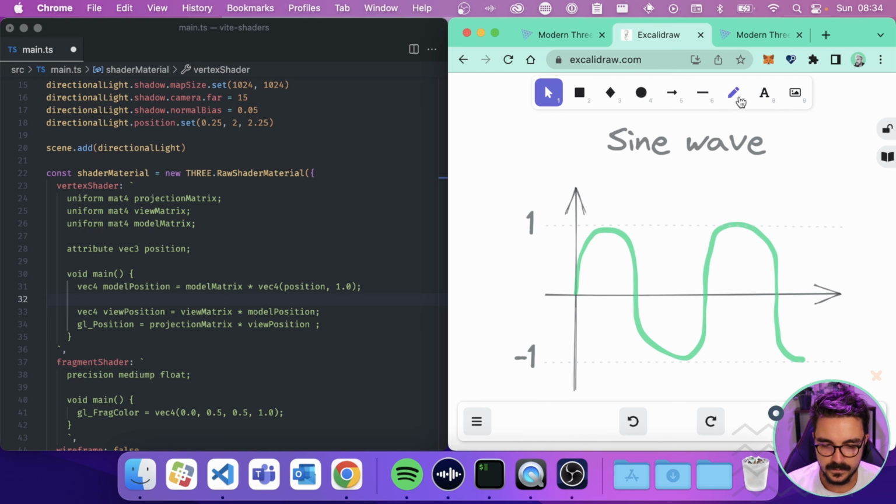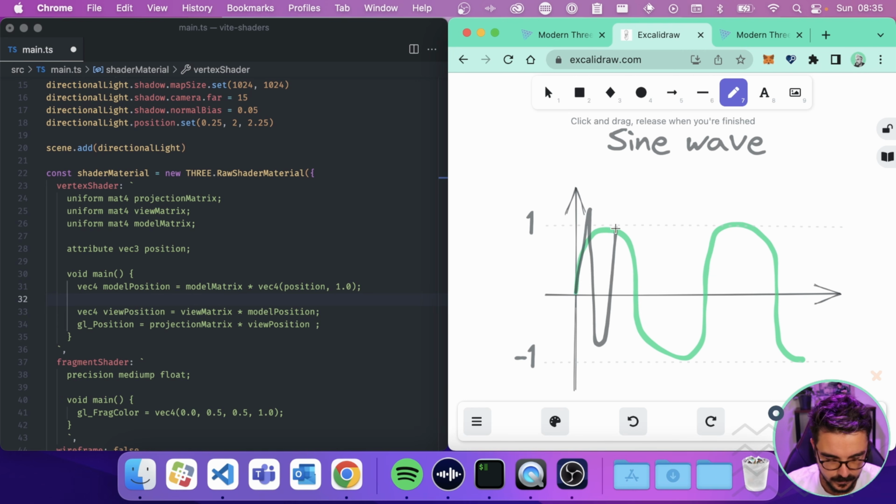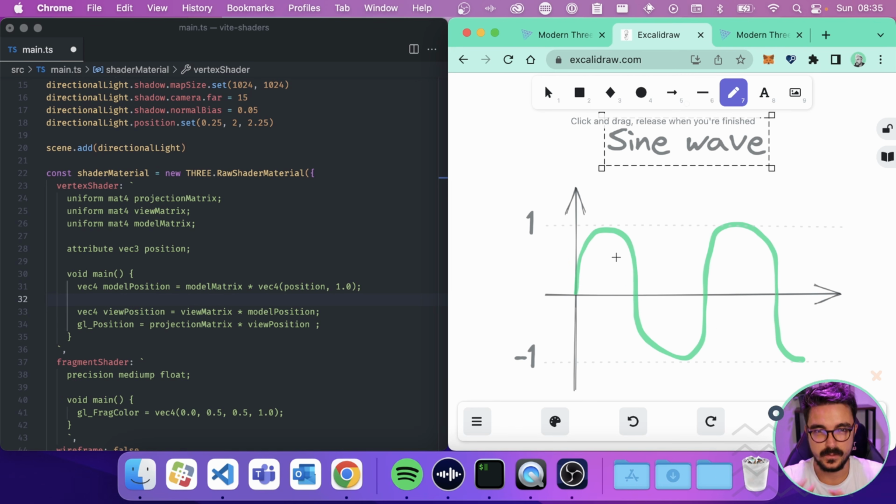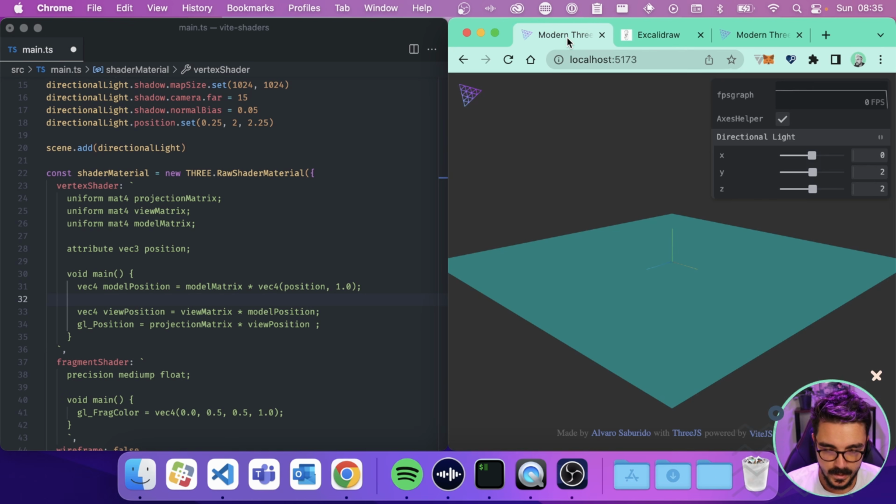If I add a major frequency to this, it's gonna do something like this. It's gonna be the same sine, but more stretched. I don't know if I explained it correctly, okay? Let me know in the comments if you have any doubt about sine waves. We're gonna use that for all shaders.